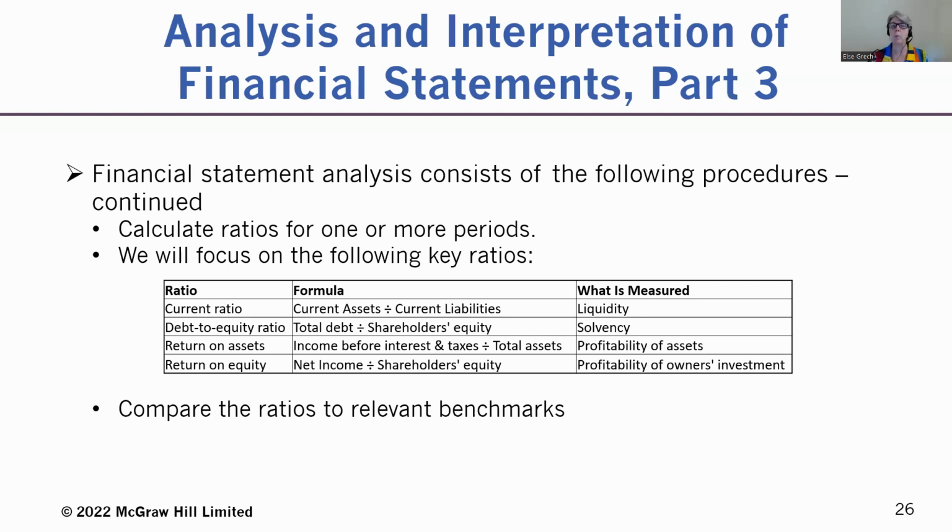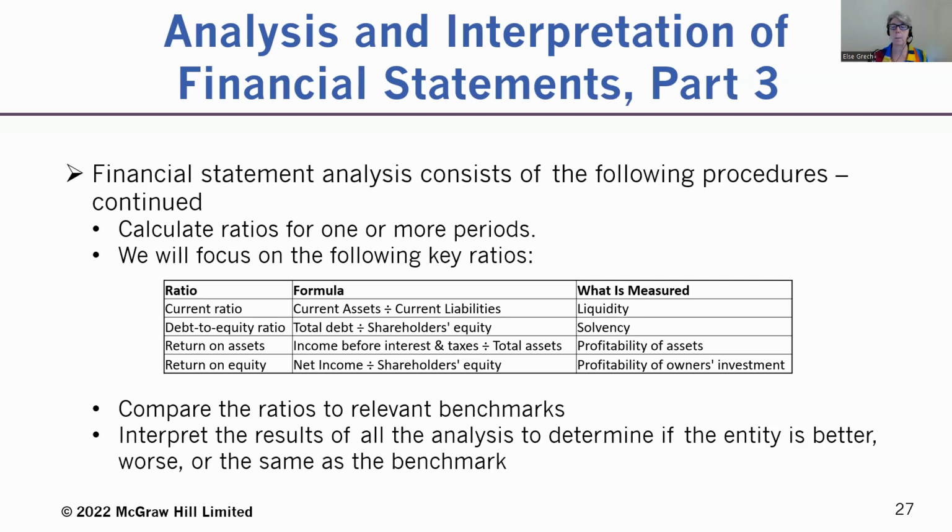So we have a rule of thumb. We might compare it to a rule of thumb. We can't assess ratios unless we have a benchmark to assess them against. We can then interpret the results of the analysis to answer questions such as how and why have the ratios changed? How does the level and trend in these ratios compare to other companies in the industry? What facts explain the differences?